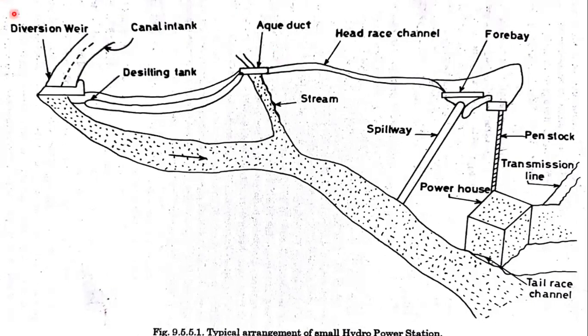This is simply the explanation about the diversion intake. Second one, the desilting tank or chamber. It is necessary where the water contains large quantities of silt, to prevent erosion damage to the turbine runner, etc. For this, we are using this desilting tank. The extent of desilting requirements will depend upon the quantum and types of silt carried by the streams and the runner material also.